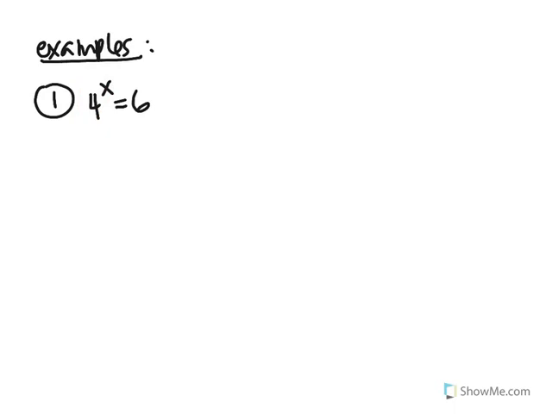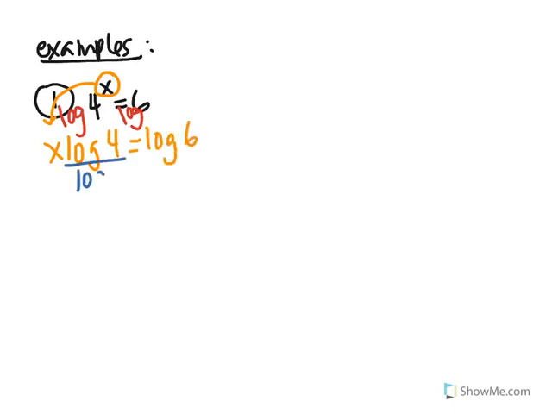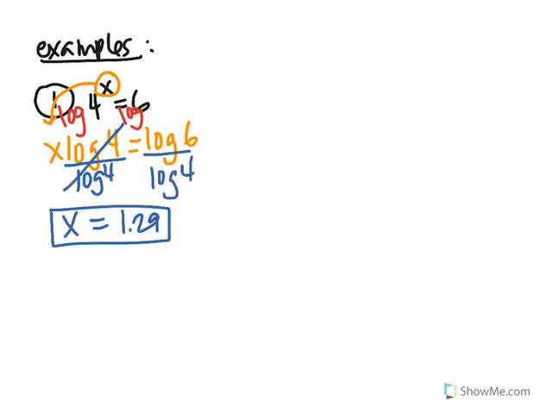We're going to go ahead and log both sides. So I'm going to log this side, log that side. The purpose of doing that is whenever there's a log, remember this is allowed to come out in front. So we're going to get x times log of 4 equals log of 6. So basically to get x all by itself, you're going to divide both sides by log of 4, and you will be able to get x because that cancels. So after you type that into your calculator, you'll get x is equal to 1.29.